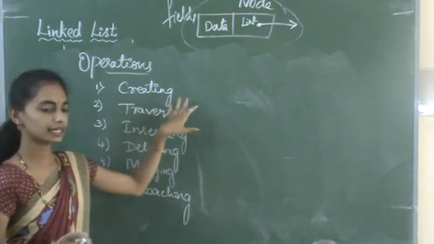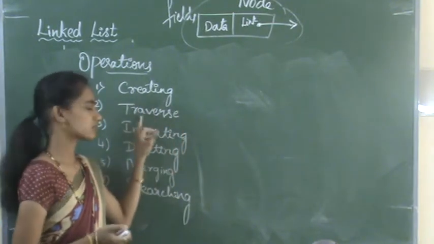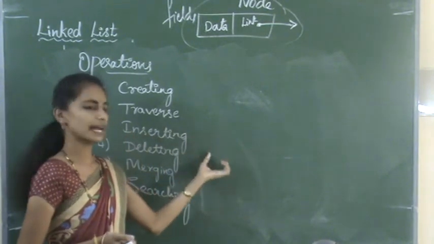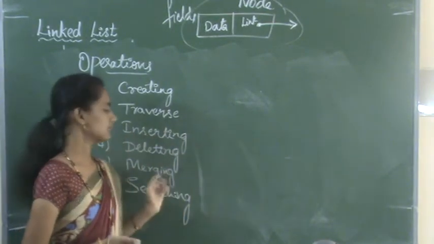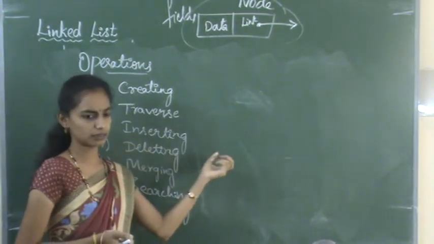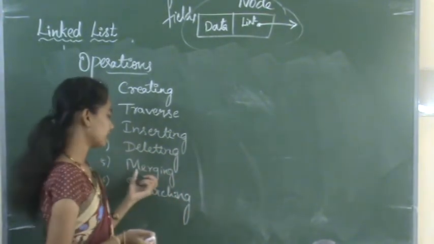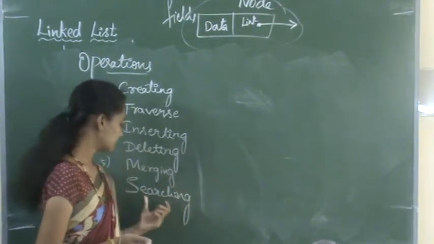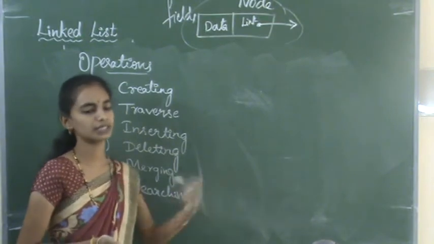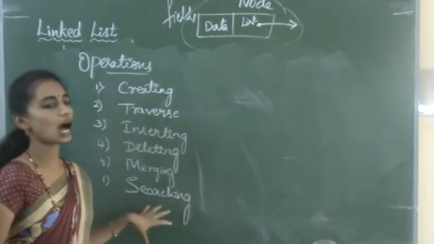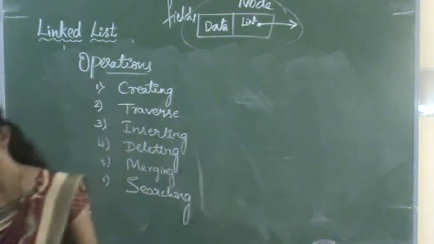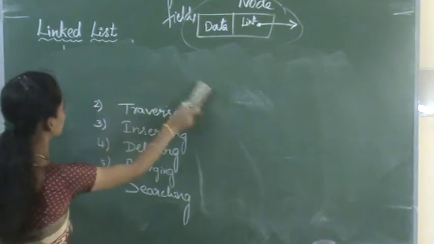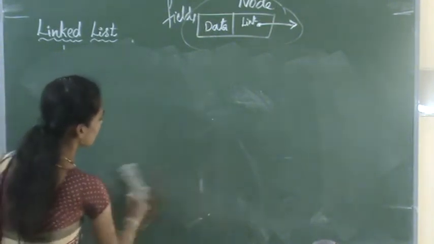One is creating a linked list, next traversing in a linked list, inserting an item into the linked list, deleting an item from the linked list, next merging 2 or more linked lists, and then searching the item in the linked list. So these are the operations performed on the linked list. Now we will study the algorithms for these operations. As I told,